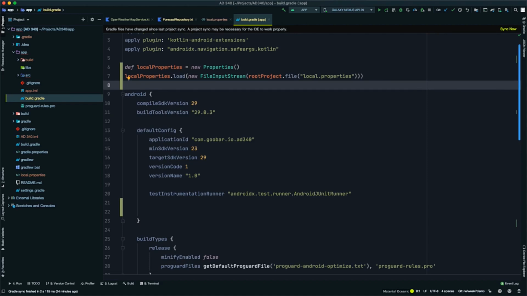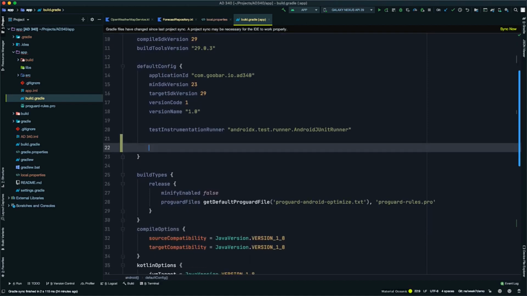So now once we've defined this local properties configuration, we'll come back down to the default config block and we're going to make use of that. So we're going to define a new configuration property by typing buildConfigField. This will let us define a new field on our build config class. It's going to be of type string, OPEN_WEATHER_MAP_API_KEY,